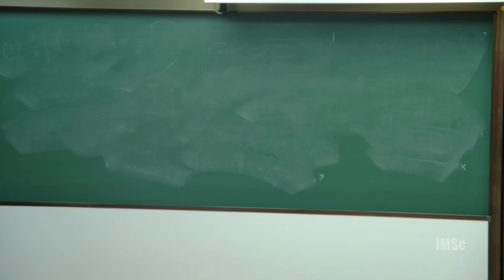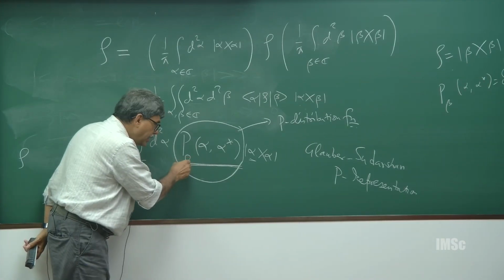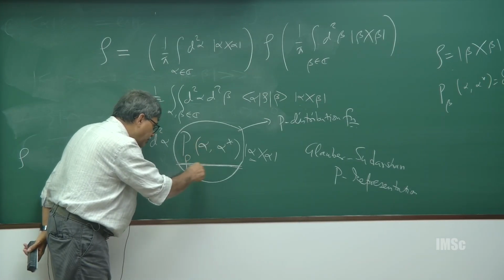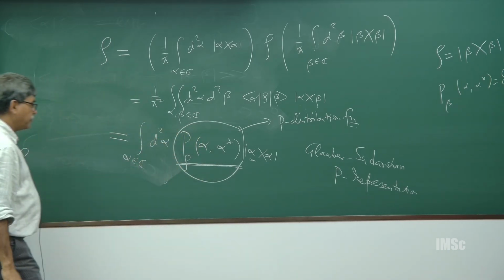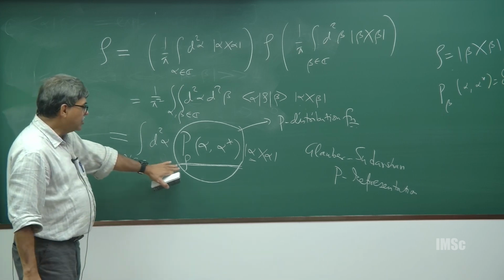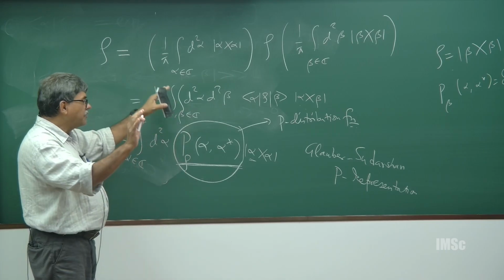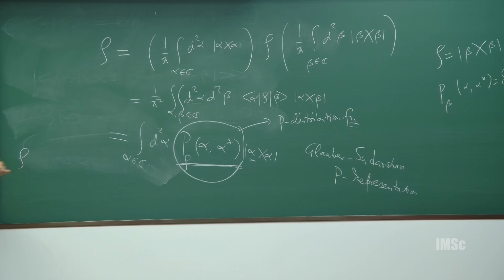So, of course, one should be able to figure out an expression for this given rho. It is quite a complicated expression, which I will talk about later. But this is again a real valued function which provides you a kind of quasi probability distribution on phase space.